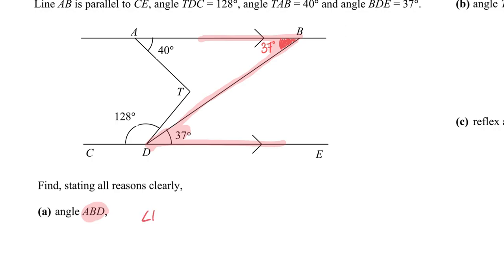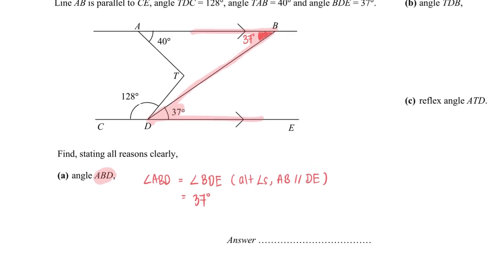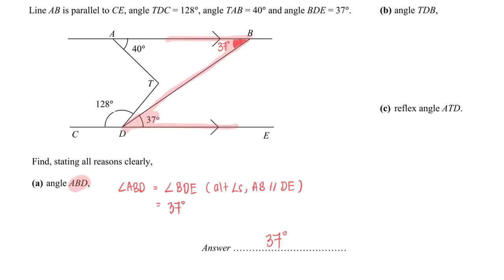So angle ABD is equal to angle BDE because they are alternate angles, and AB is parallel to DE or CE, so 37 degrees. Done. So that is the first part. Second part, we are required to find angle TDB,